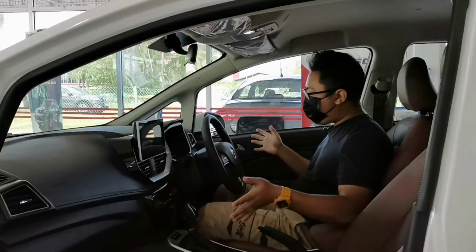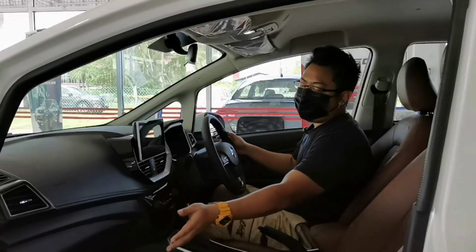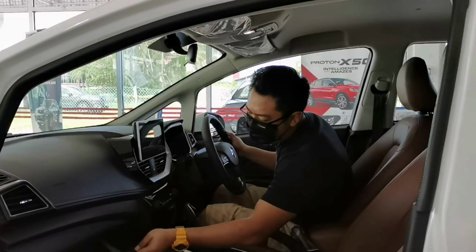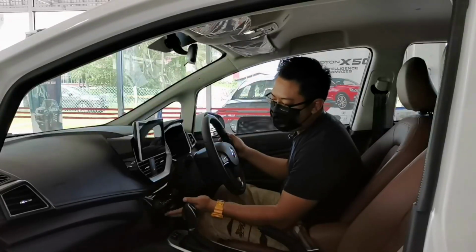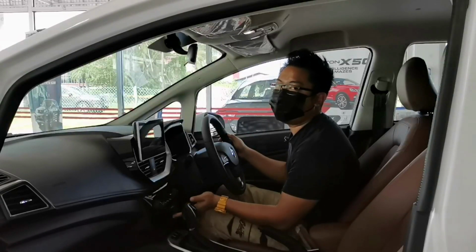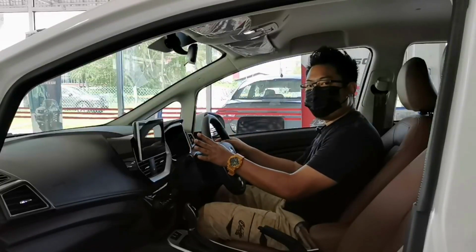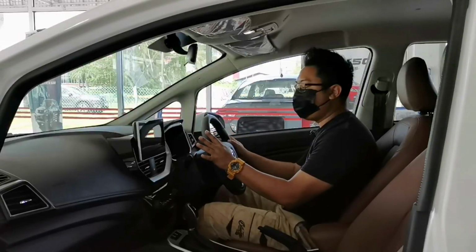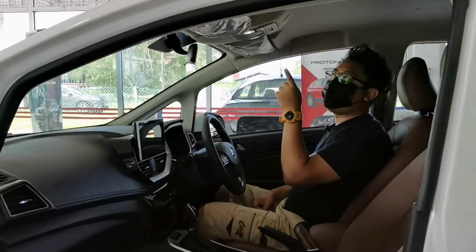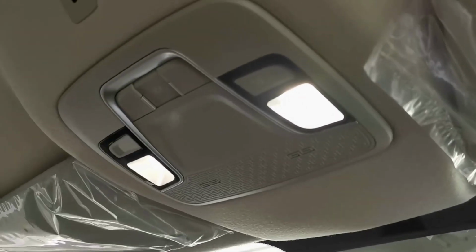Other storage around the car, you do have some storage at the bottom part of the door, quite big. The glove box as well, very roomy. Very square shape, very big. And there's also a little bit of storage underneath the aircon switch. So this is where you can put your phone while you are driving. Now being a Proton car, the signal will be on the left, and then the wiper operation will be on the right. Looking up top, you do have LED map light,